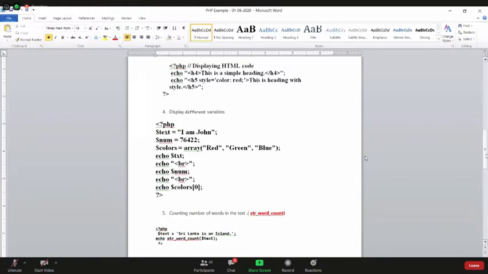Now here we are counting the number of words in the line, right? Then you can define the variable and the string within double quotes or single quotes. Then the function name, str_word_count. There are 3 words separated by underscores, str_word_count.